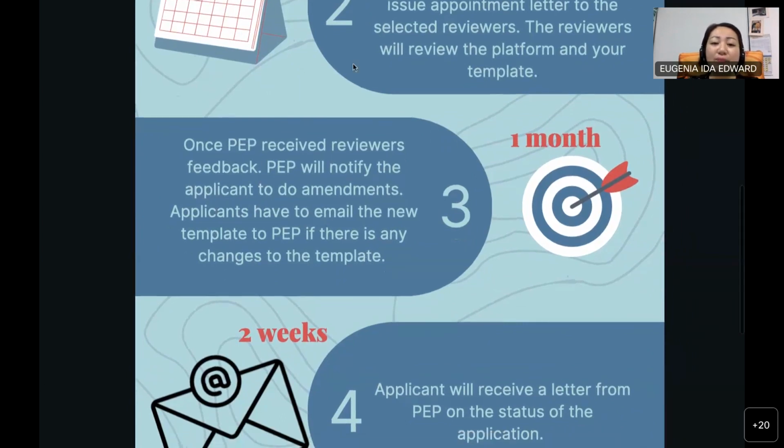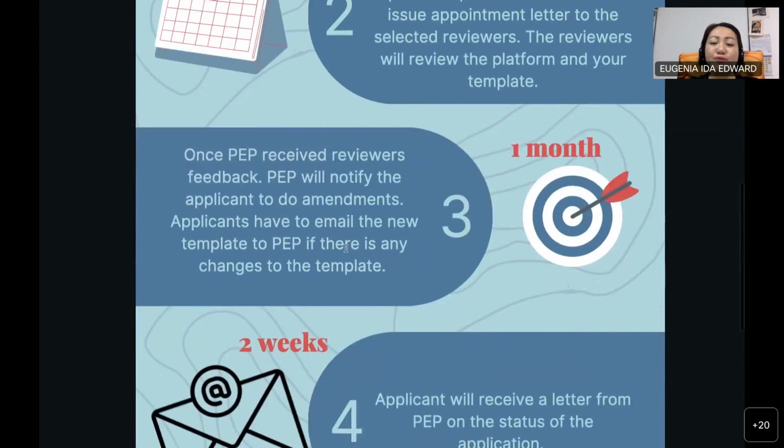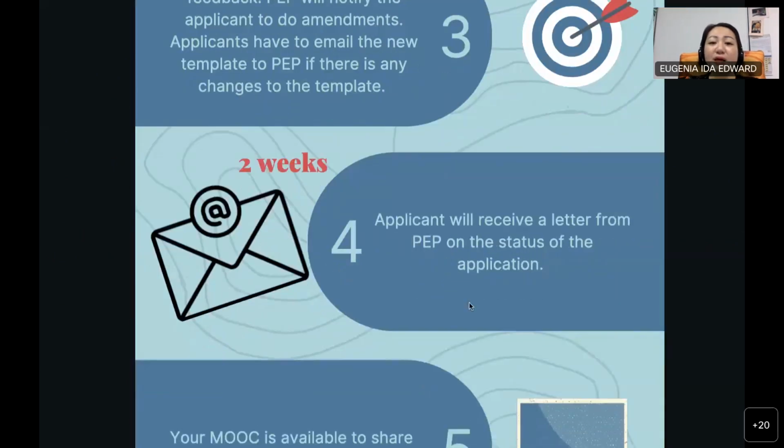So we give you probably 2 months maybe for amendments. After that only, when your penyelaras, Dr. Wilson, will let us know whether your course has already fulfilled everything, because we have a template similar to table 4, but it's totally different.